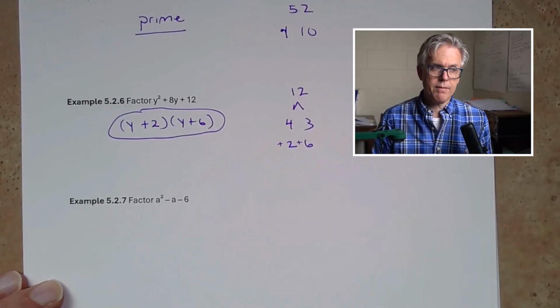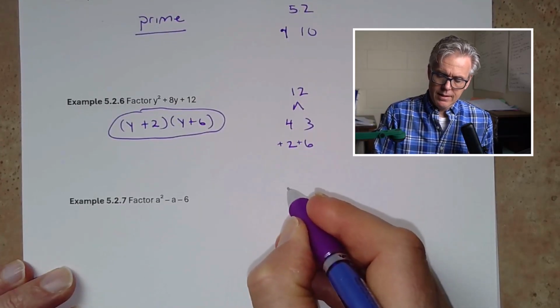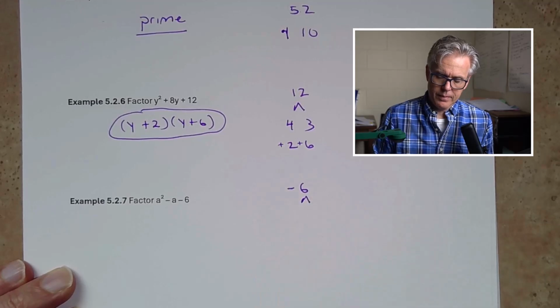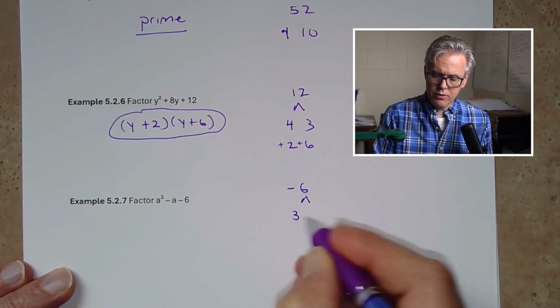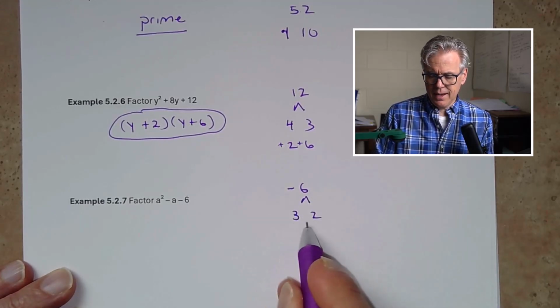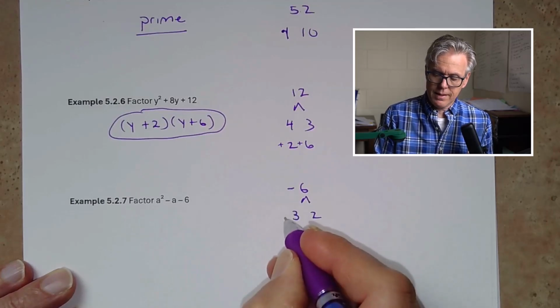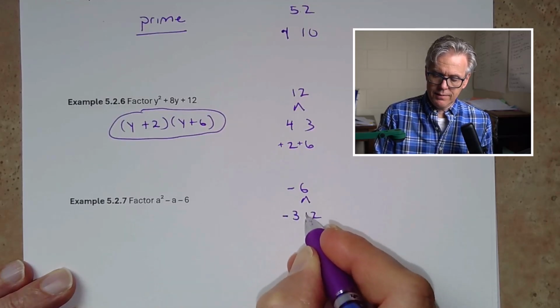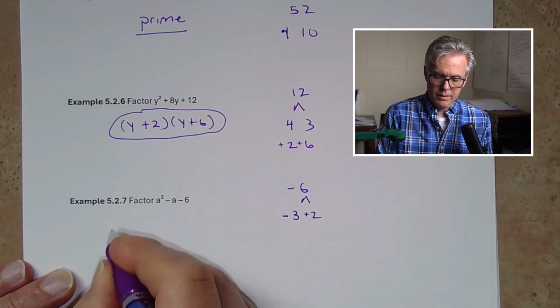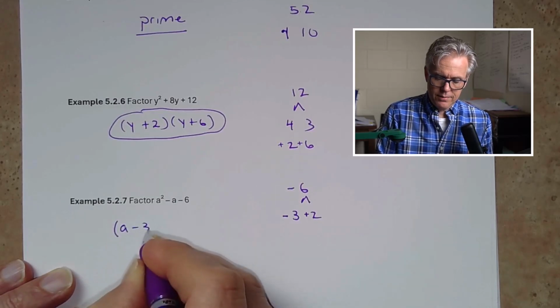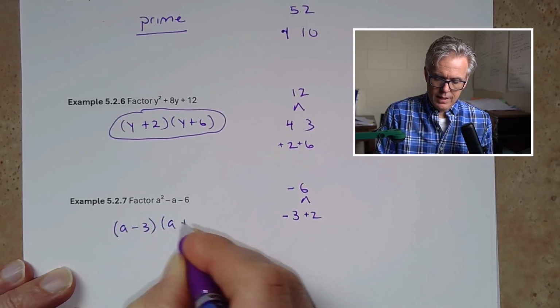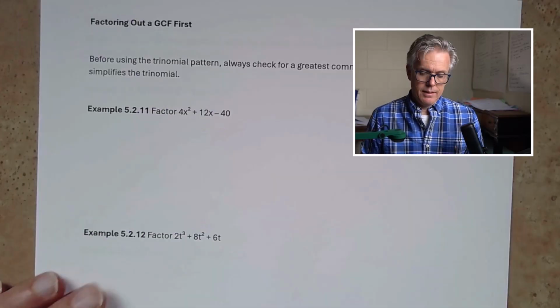It's definitely harder when we have negatives, so let's try this one. I'm going to have negative 6. And how about 3 and 2? So can I combine 3 and 2 so that I get a negative 1? Yes. That 3 is negative and the 2 is positive. So I'm going to factor this as a minus 3, a plus 2. Now, as I mentioned earlier,